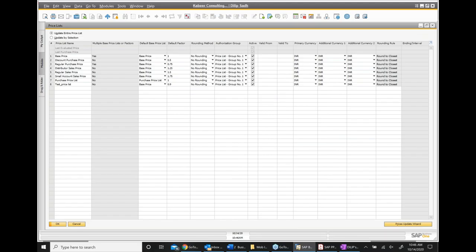Now, first and foremost, if you look carefully, these are the different price lists, and you can define many more: base price list, discount purchase price, regular purchase price, distributor sales price, regular sales price, small account sales price, whatever. You can define as many as you want. You can have a domestic price list, export price list, distributor price list, large account price list, small account price list, retail price list, wholesale price list, whatever you want to call them. All these different price lists you can define. Now if you double click on it,